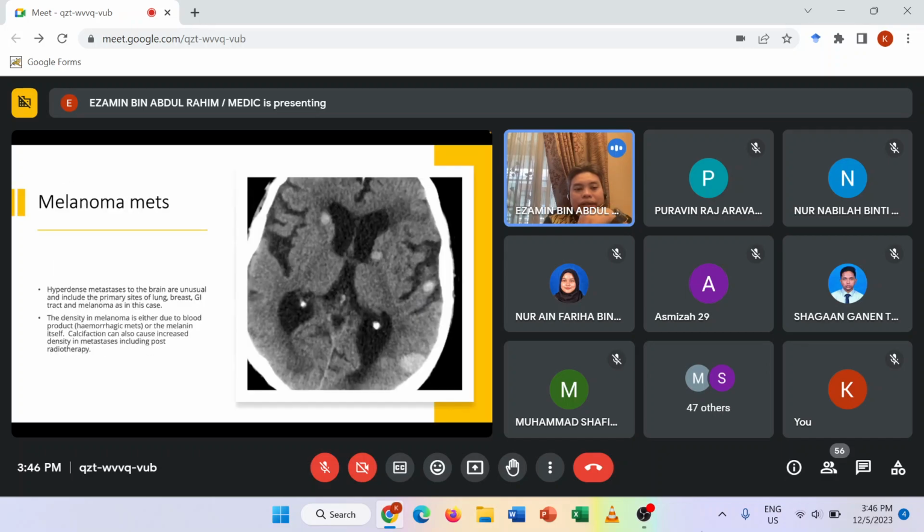But I will show you later on. Melanoma is quite characteristic because it is hyperdense, because the cells are packed tightly, so it becomes hyperdense. Sometimes it can cause bleeding too. So we're not sure either, because of their cells compared with cells or